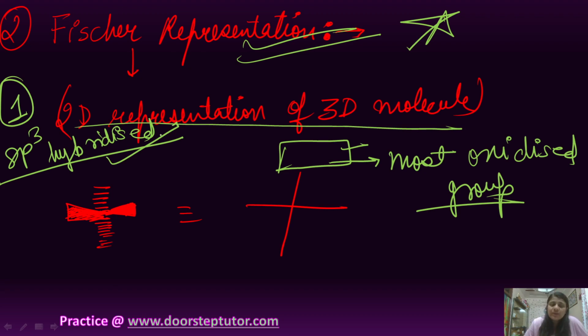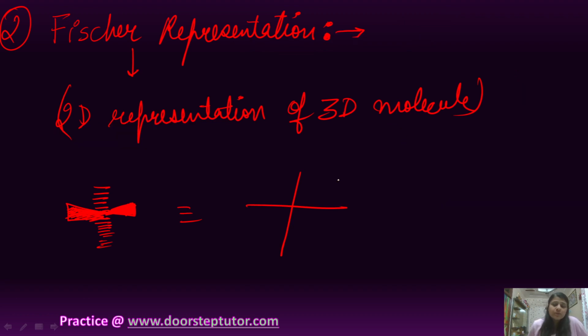I will explain how this can be possible, because this can only be possible when we have an oxidized group in double bond form, like CHO, that is C double bond O, H, the aldehyde group. That particular aldehyde group is the oxidized group, so it has to be on the topmost vertical position. So the first point is that we have to consider sp3 hybridized carbon, and the most oxidized group has to come on the topmost vertical position at any cost. Next what we have to consider is